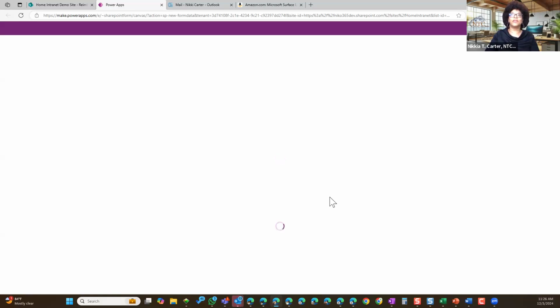And I get the studio will open up, and I'll get the ability to make my form pretty, as well as change some things around. As soon as it comes up.